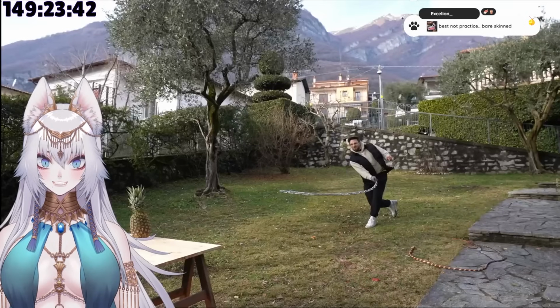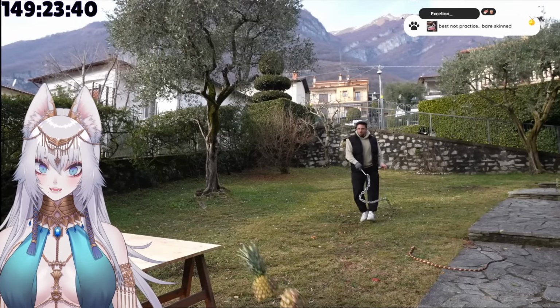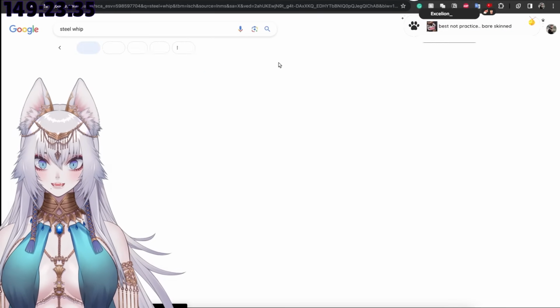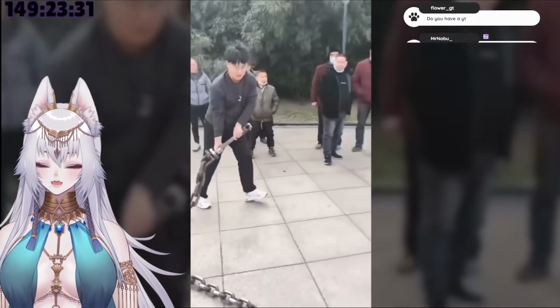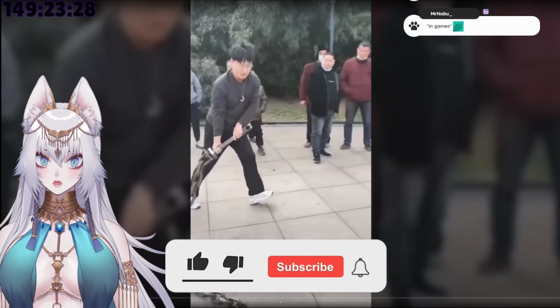At first, I wanted to buy one, so I started looking for it online, and I found just a few steel whips, but they're not actually whips. What I found was a lot of